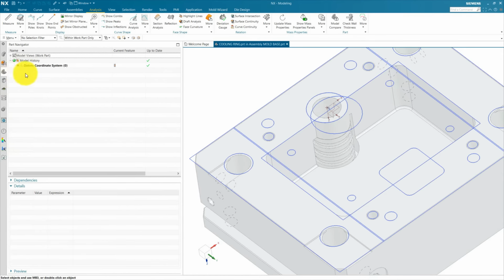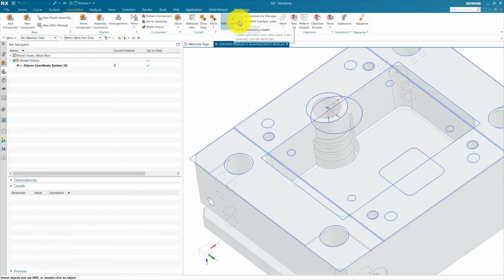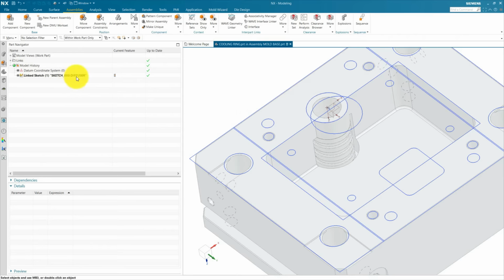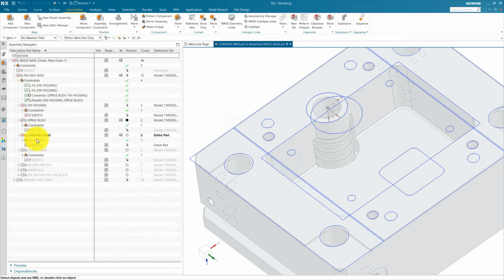And now we are going to link the sketch inside the cooling ring. So go to assembly and wave geometry linker and link this sketch, press OK. So the sketch is linked inside the cooling ring. Hide this sketch,